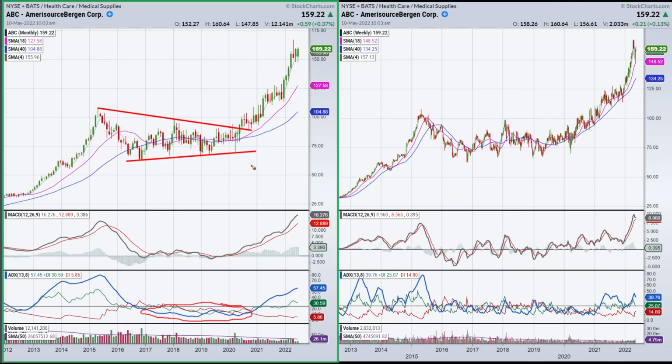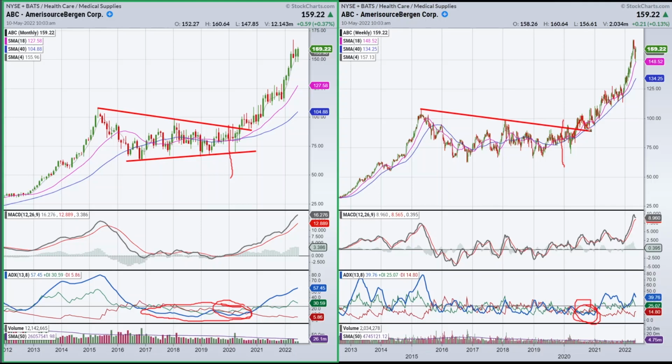Now, if you notice, as this started getting into 2020, look at 2020 here, and notice what happened. The ADX got really low on the weekly chart as well. And so we had the combination of, and again, we'd have the same trend lines in here, the same kind of confirmation based on the price action breaking above. But when you have low ADX in 2 consecutive time frames like this, you can expect something explosive to develop.